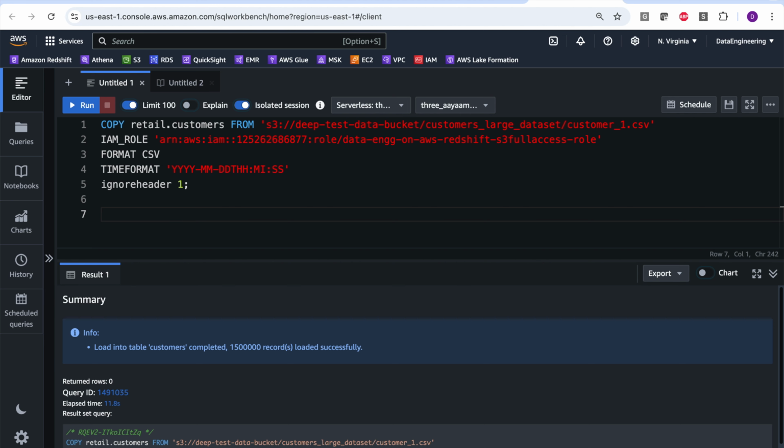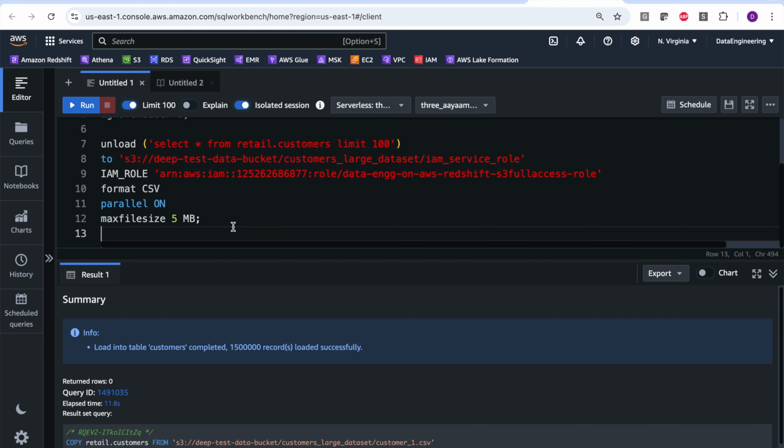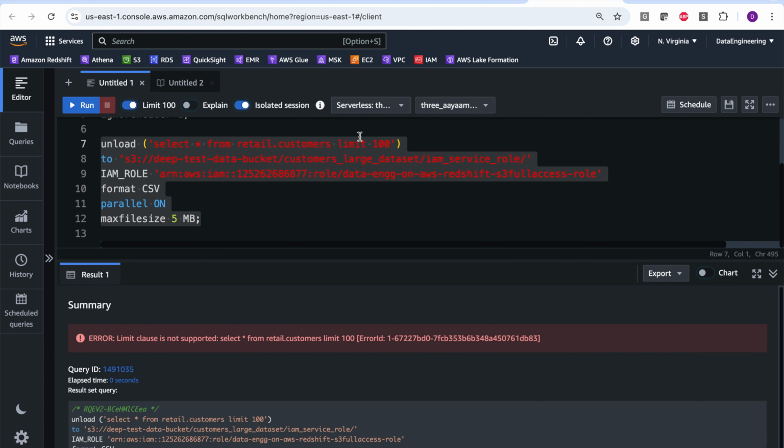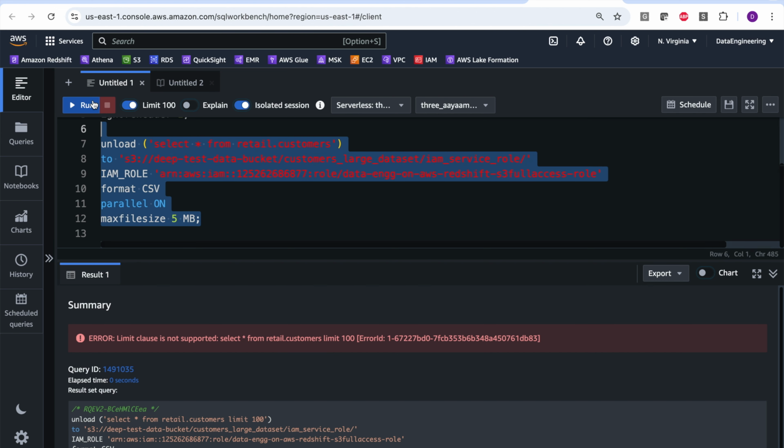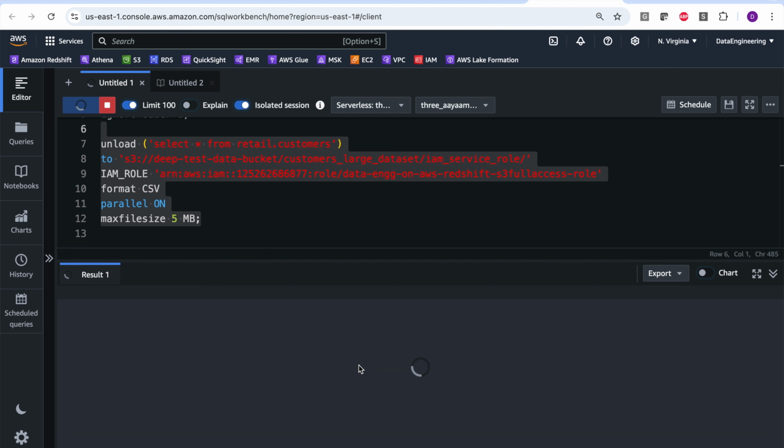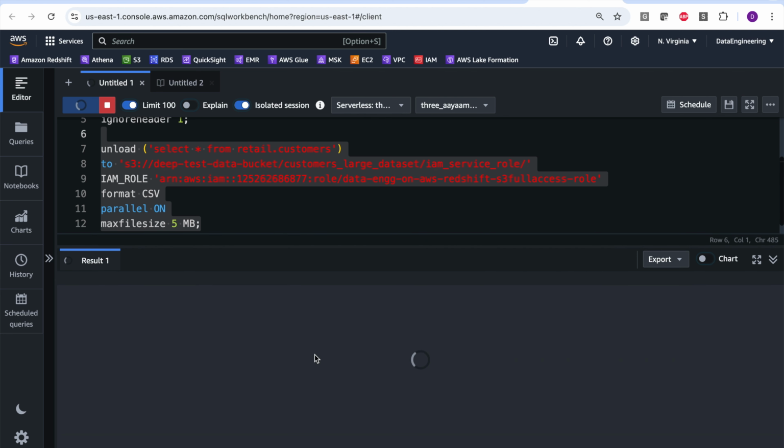Now I'll run the UNLOAD command also. This is the unload command: select star from retail.customers, and I'm only exporting 100 rows to this bucket, deep test data bucket, customers large data set, IAM service role. In this particular folder, the file should be extracted, with this IAM role. Now let's execute this command. Okay, the LIMIT clause is not supported in unload actually. That is fine. Let me execute this again, and it should fail because I do not have write access